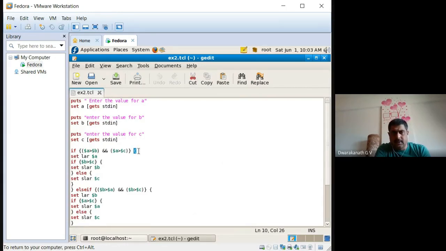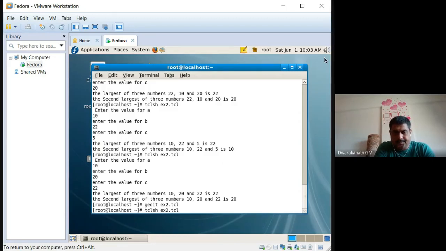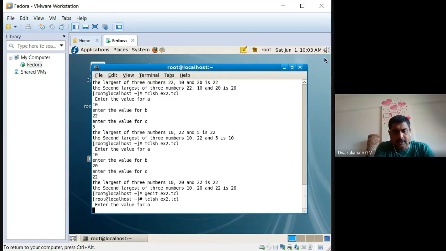If you give the flower brace on the next line, it goes wrong. So assume, I will give it and we'll check what error happens. This is the first one, right? After giving a condition, assume like a C program, you put the brace on the next line, just for the sake of it. Now run this. We have to enter the value.